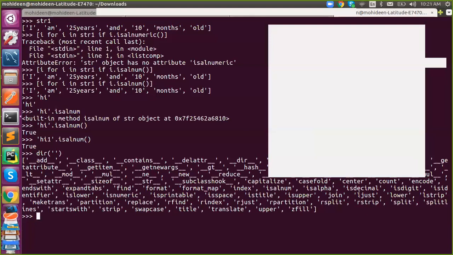Sorry, alphanumeric is for both words and special characters, not for integers.